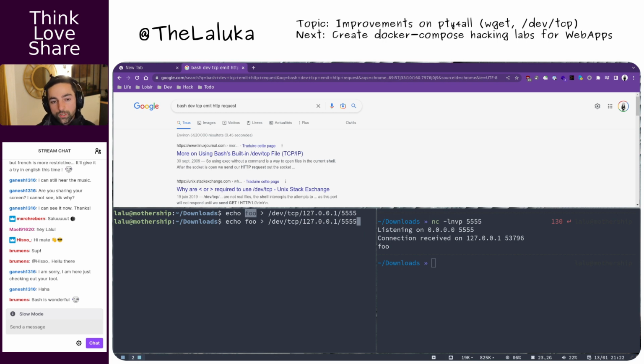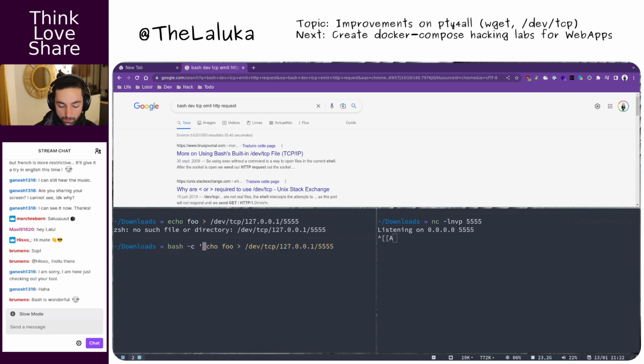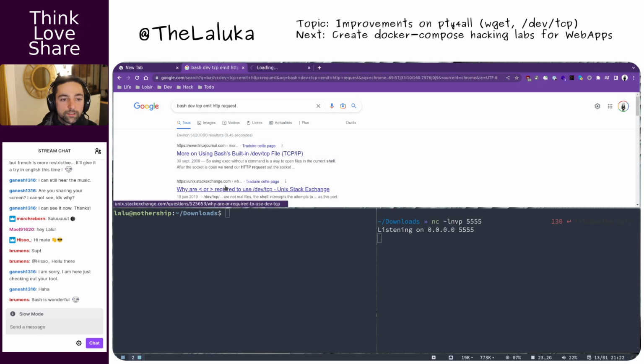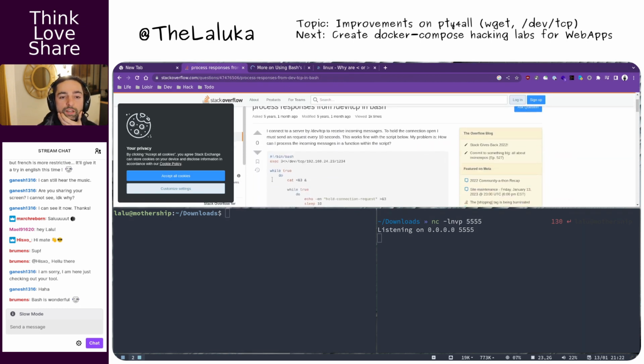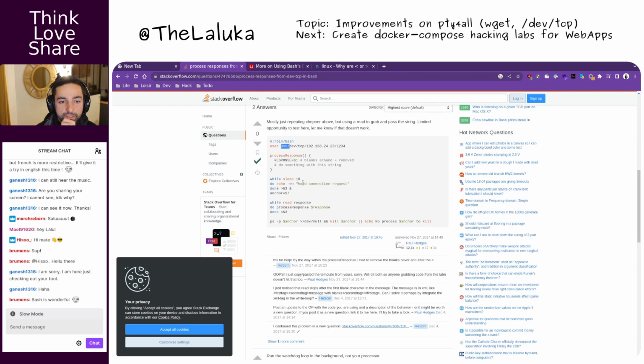So this works in one way, but we can't really listen with this feature. One other thing to note is that this feature is specific to bash. So if you are in zsh and try to achieve the same thing, it won't work. But if you are in zsh and ask bash to do the same thing, it will work. So we are going to stick to bash for now and try to pick some already done one-liner, because there is no point in reinventing the wheel every time. This one seems nice because we can read and write from the same file descriptor.